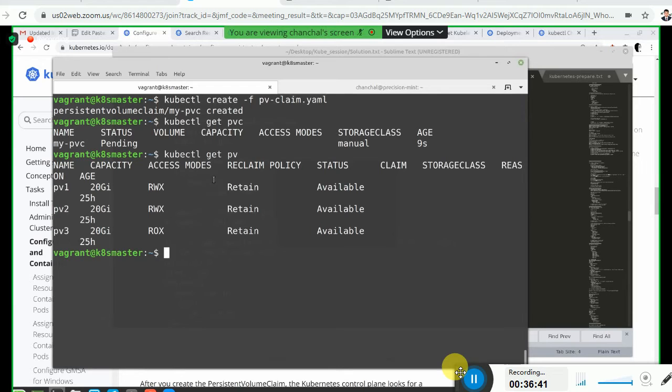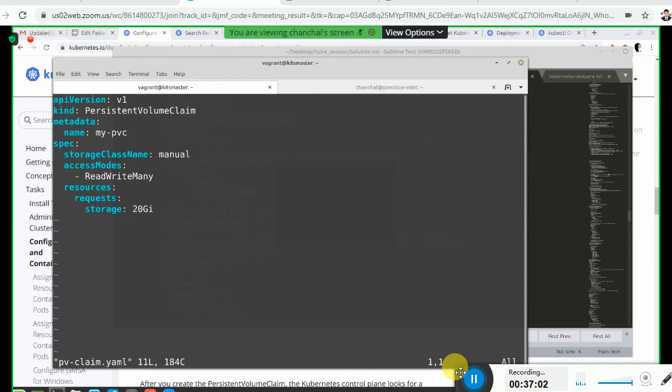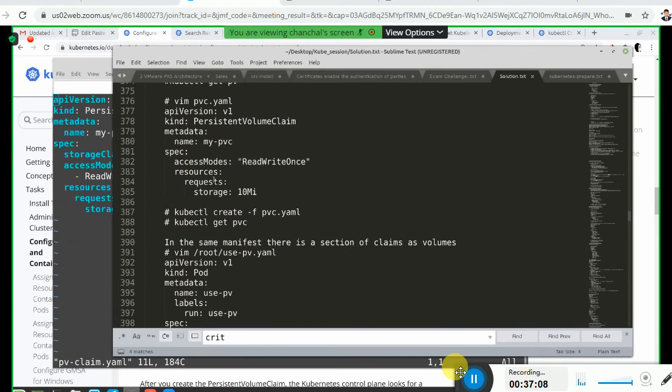Was it 20 gigabyte or 20 megabyte? Okay, so here in the PVC, okay, so that can be delete my PVC, and the file itself in Vim. 20 gigabytes, okay, and storage is 20 gigabytes, so that is not an issue.